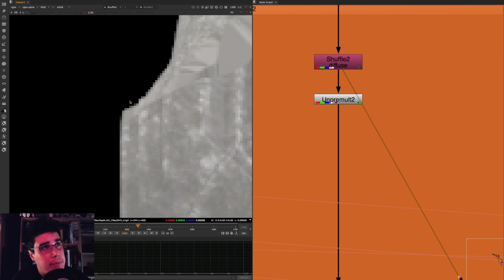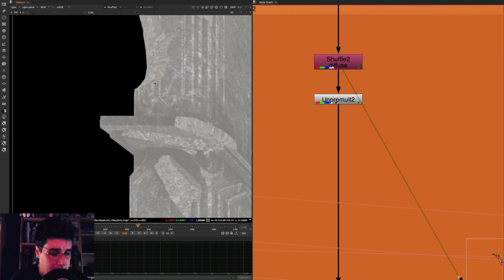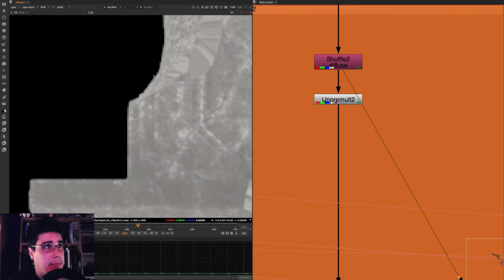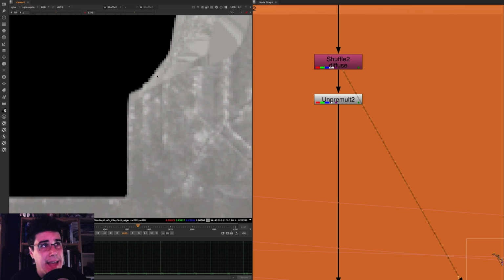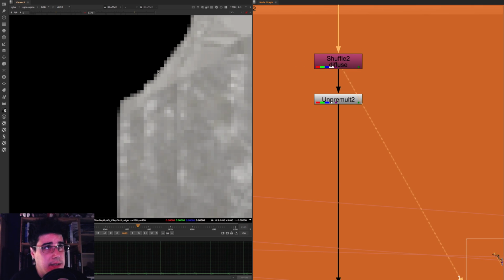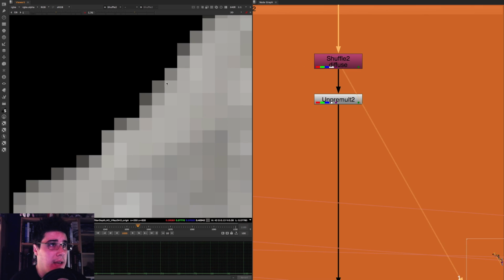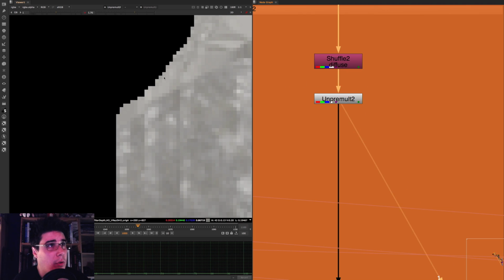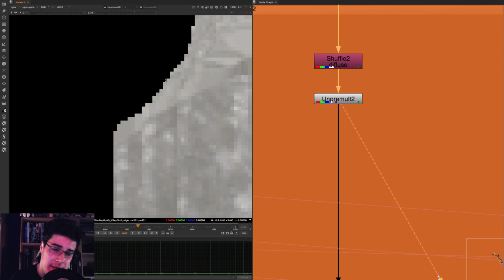Now, that pre-multiplication is usually done because there's an alpha channel involved. So what happens is that your physical pixels, or the edge of the pixels, are pre-multiplied by its alpha, or better, they are divided by an alpha channel. So again, it's all mathematics. By having a diffuse which is divided by the alpha channel, that's why you get this kind of fallout on the edge. Now, if I do an unpremult, I revert that fallout. So basically, I am revealing every single pixel of my edge,